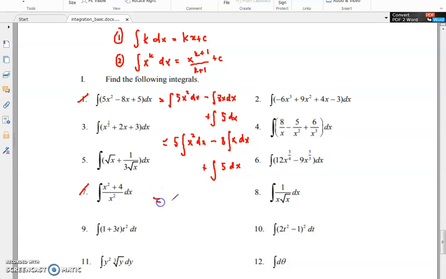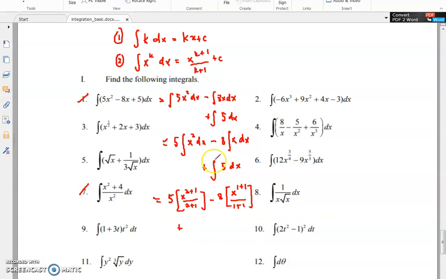So now let us apply the formula. For the first one, you can refer to formula number 2, x to the power of k. So you are supposed to get this answer. Let us quickly implement that formula. You are going to get 5, put a bracket, x squared plus 1 over 2 plus 1, minus 8, write it back, put a bracket starting from the integral there. So this is x to the power of 1, so it will be x to the power of 1 plus 1 over 1 plus 1,